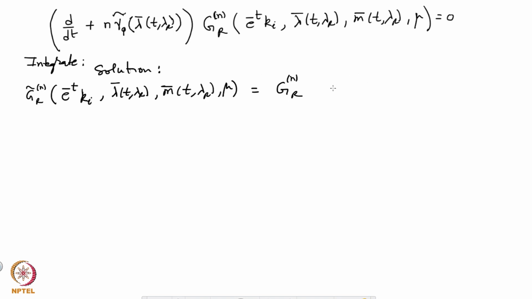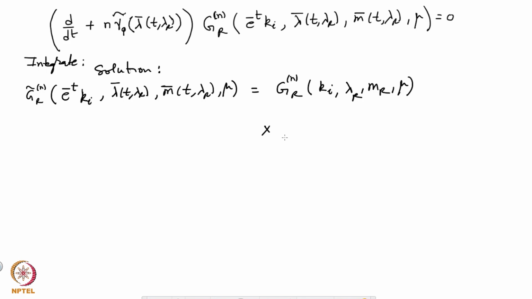We'll check why this is the solution. So you get k_i, so instead of e to the minus t, it's k_i, lambda r, not lambda bar, lambda r, m r mu. As you can see, there is no t dependency here, so this is really coming from the integration constants